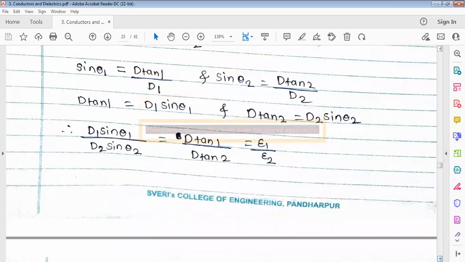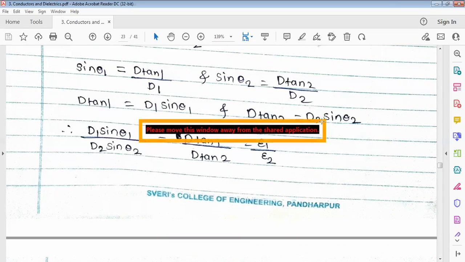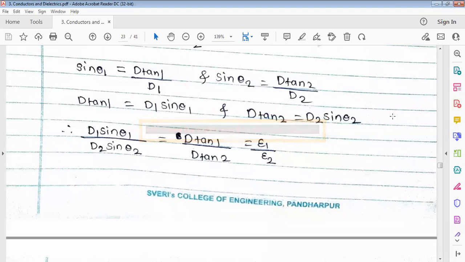Therefore d1 sine theta 1 divided by d2 sine theta 2 is equal to d tan 1 divided by d tan 2. These are nothing but the tangential components, and only the ratios are taken here. It is equal to epsilon 1 divided by epsilon 2. From this relation,